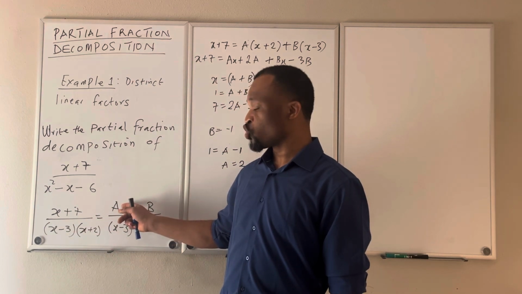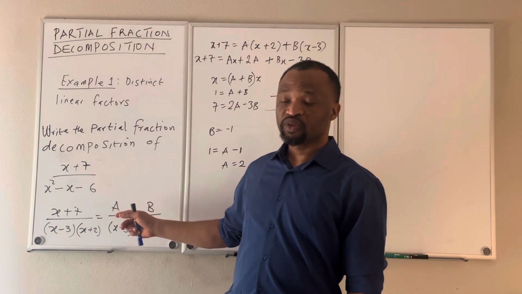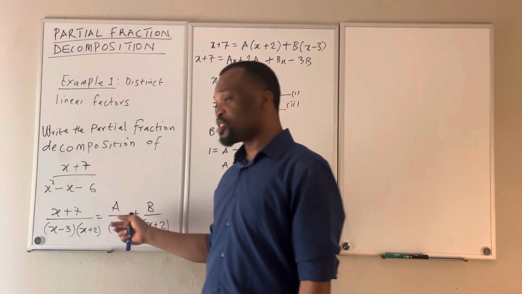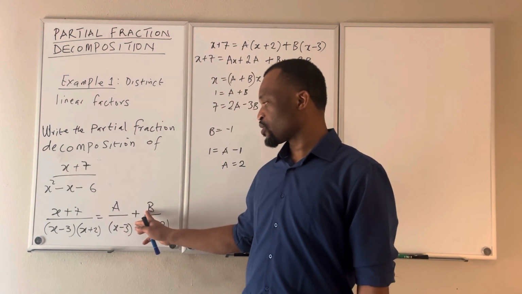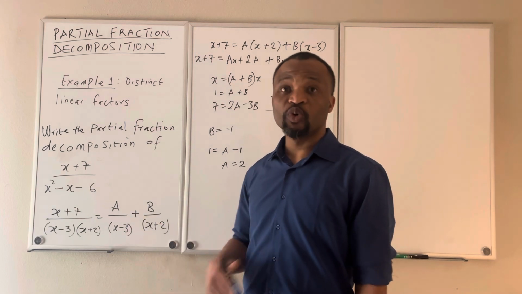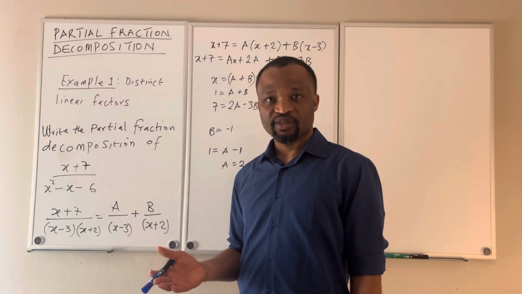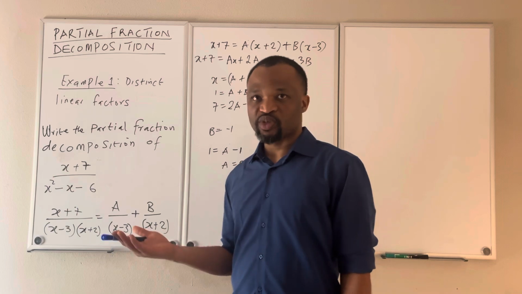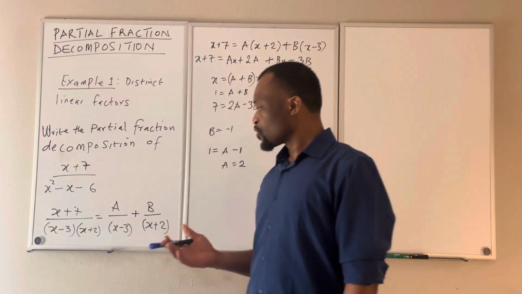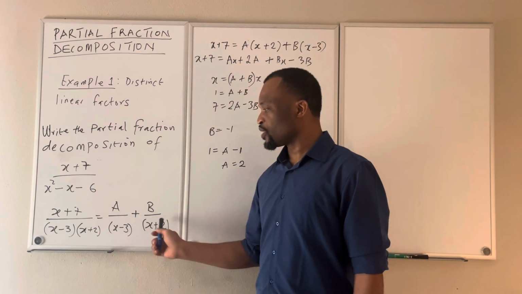Since our aim is to look for what constants will be at the numerator, such that when I add them, I will get the original fraction, I would write the numerator to be unknown. I will represent these unknowns as a and b. What values can this a and b take? They will only take real numbers, or you can also call them constants. Okay? So with that said, the next step will be to